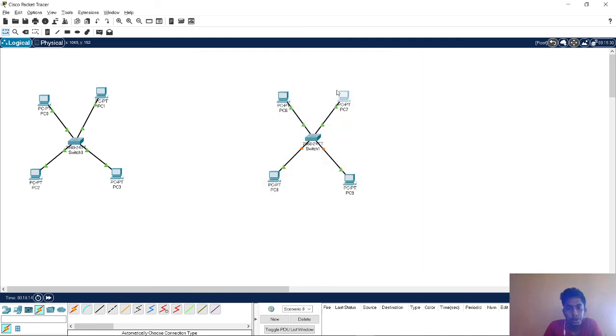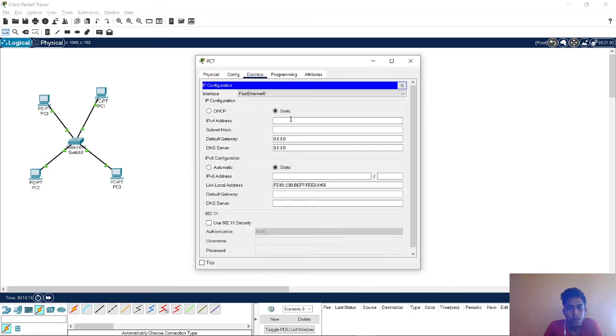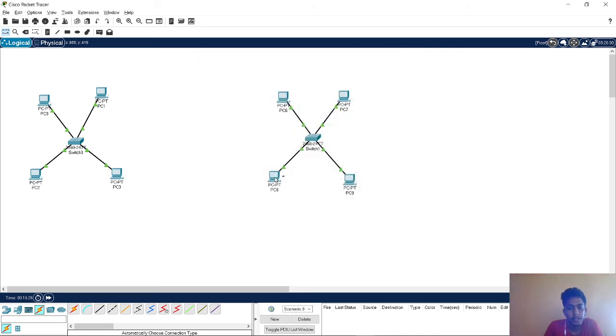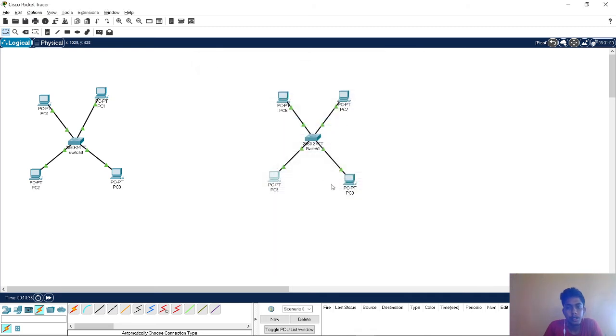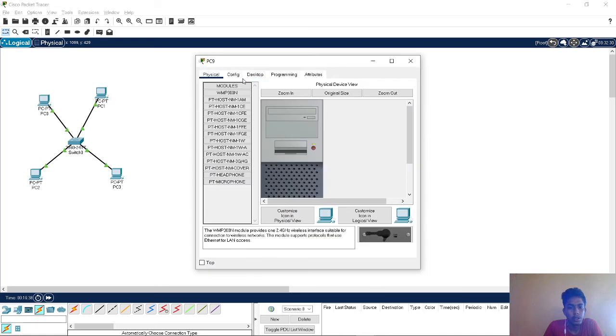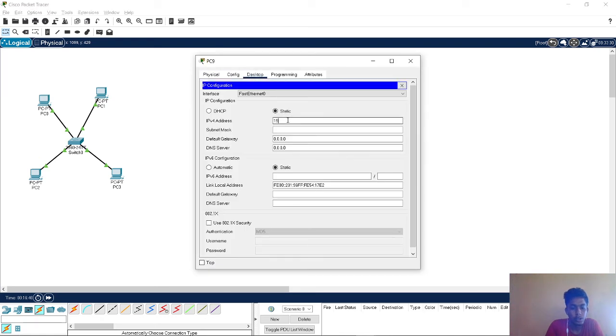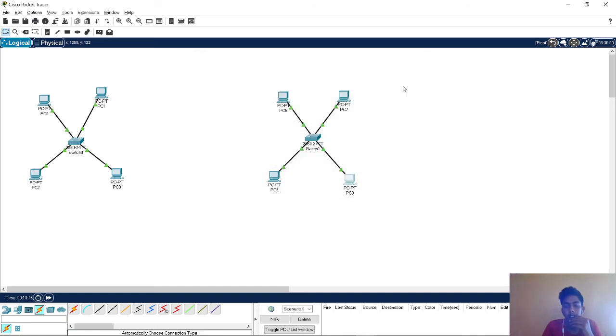Next is 192.168.2.2. Next 192.168.2.3. Next 192.168.2.4. Now each IP address has been allotted to each PC.